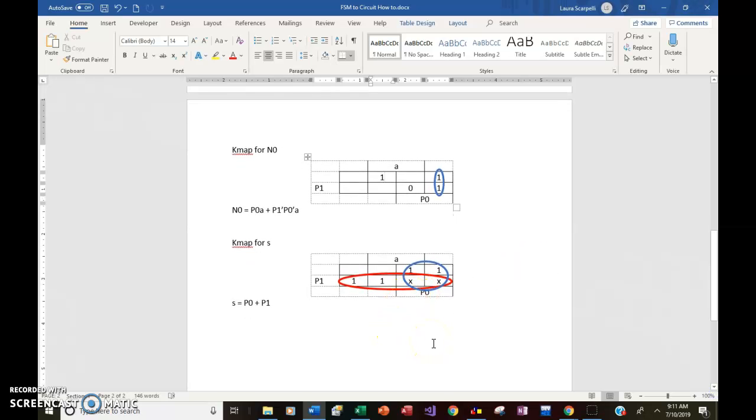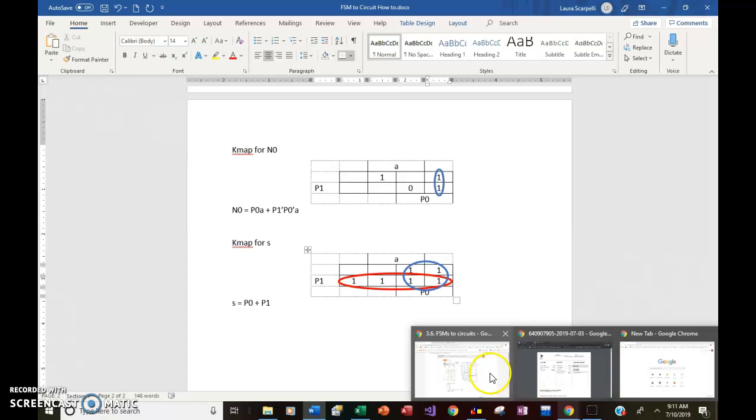They work to our advantage in a huge way here. You can see it creates 2 groups of 4. I've got the blue circle here for this cluster and then this red circle here. So interpret these as a 1, and what that does for us is create 2 terms, 1 variable each. So now that we have our simplified equations, I want to show you